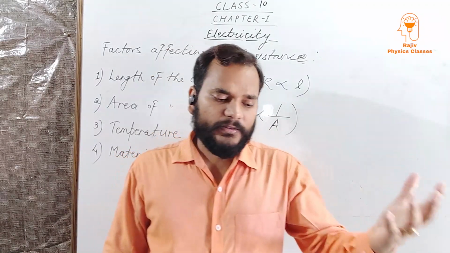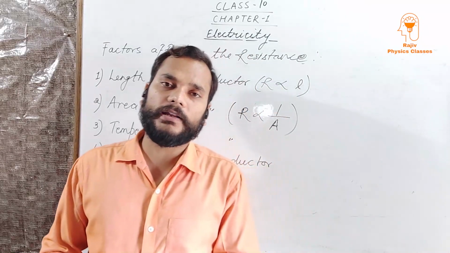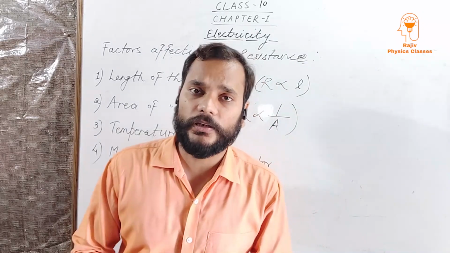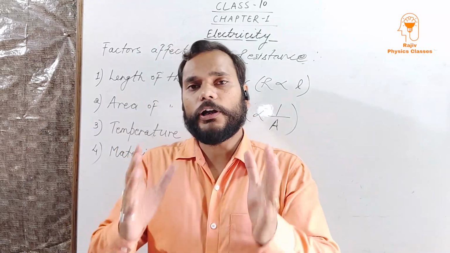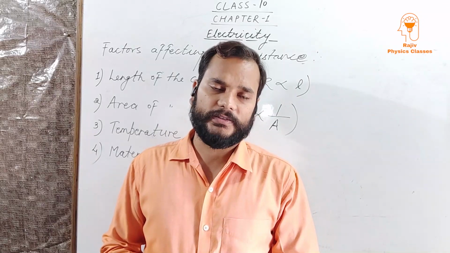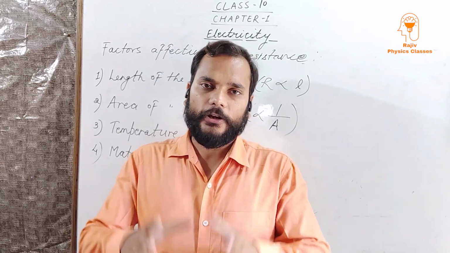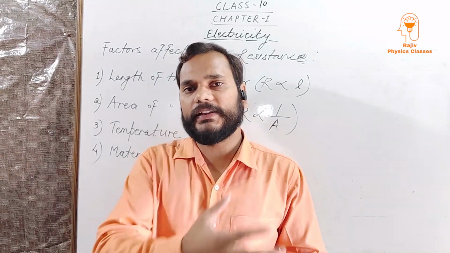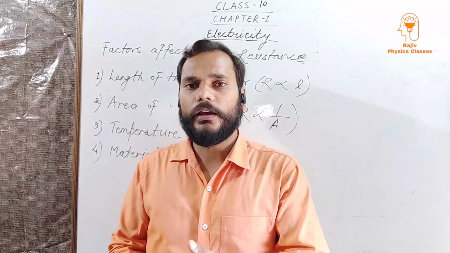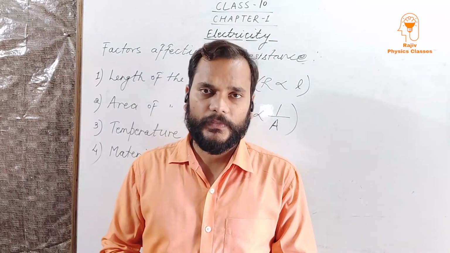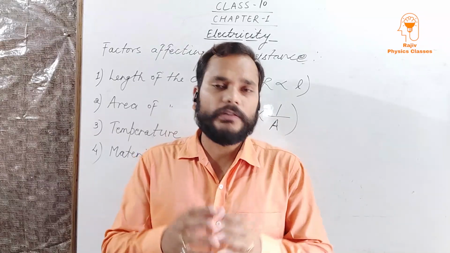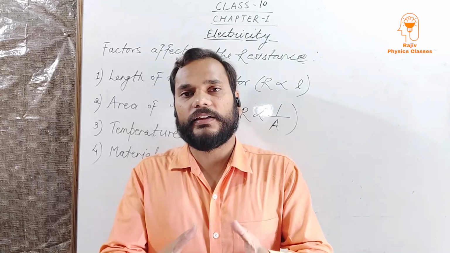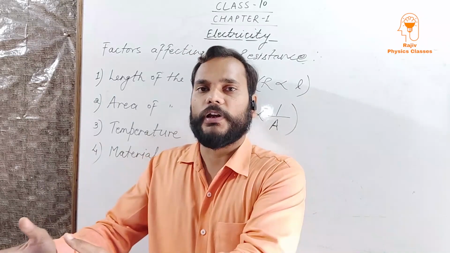Okay. Maybe some of you have a doubt regarding conductors and insulators. So let me explain this very small topic also, which is related to electricity. What do you mean by conductors or insulators? An object is either a conductor or an insulator. A conductor conducts electricity, while an insulator does not conduct electricity. On the basis of chemical composition, we come to know whether an object is a conductor or an insulator.